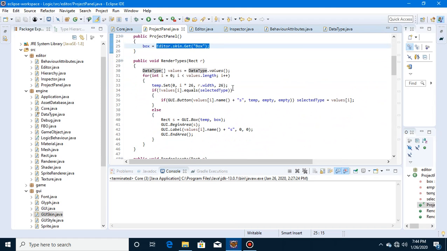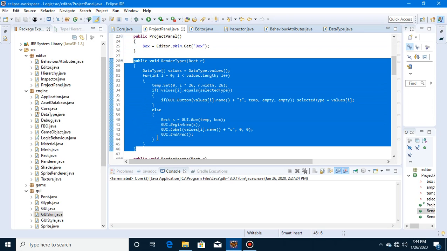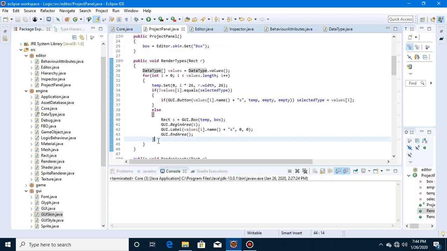Alright, so now we have this method right here. And this method is to render the types of data, which is why I just called it render types. And it takes in a rectangle. So this is the rectangle that we're going to be rendering it in, obviously, because we're going to be using windows, so we need that rectangle. So here I just get a list of all the different data types in our enumerator, and then we iterate through it,